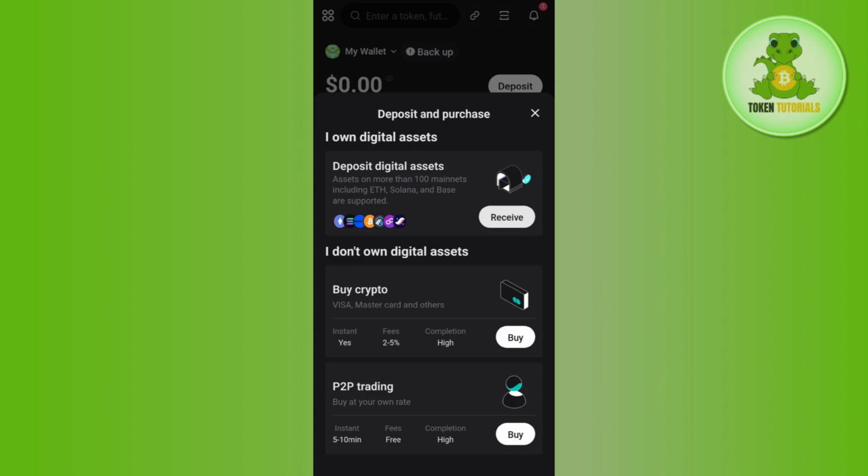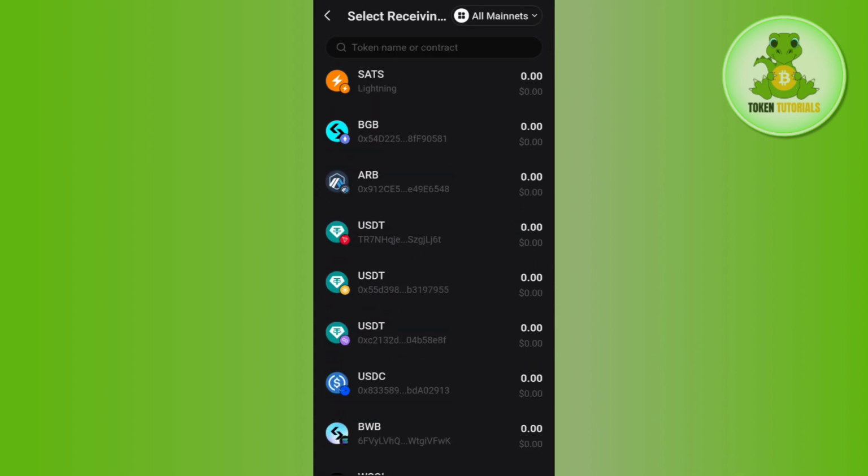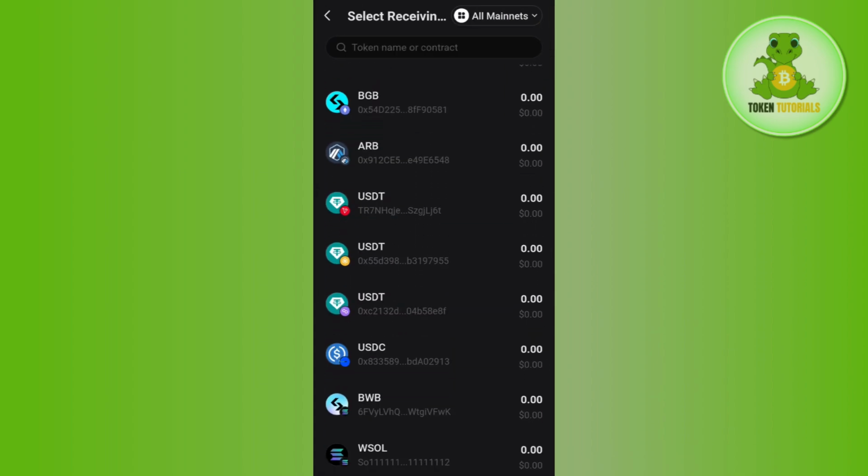After that, you will be able to see various types of options here, like the receive option. You can even buy cryptos here, and you can even do P2P trading in your Bitget wallet. So you just have to tap on the receive option, and here for USDT you just have to select the network which you want. So let's say you want to receive your USDT based on the TRC20 network, so you